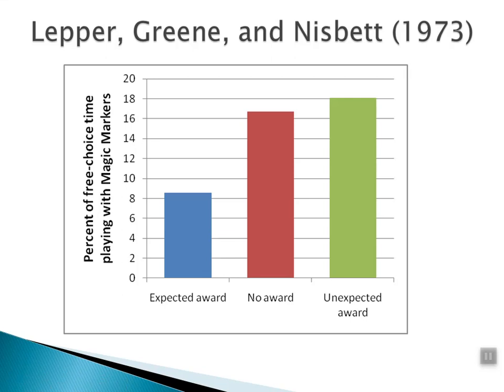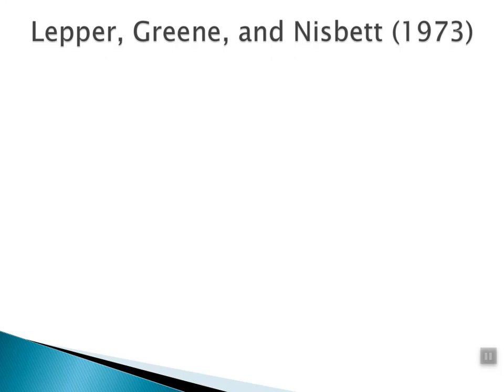Those results are verified by creativity scores. So the drawings were assessed for creativity by people who did not know which condition the kiddos were in. And the same sort of thing happened. The kids who expected an award were deemed less creative in their drawings than kids in the other two conditions. So again, that just verifies these kids were drawing to get the award, whereas the other two groups of kids were drawing because they were enjoying it. So decline in quality, that just is referring to the creativity scores.